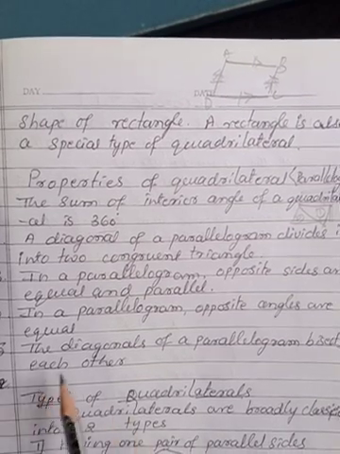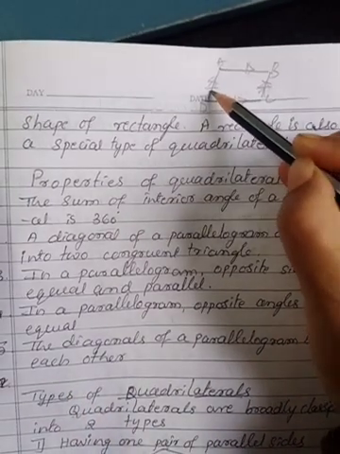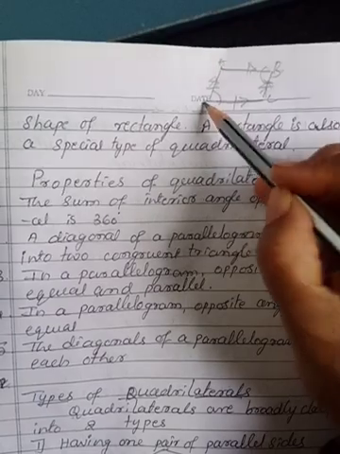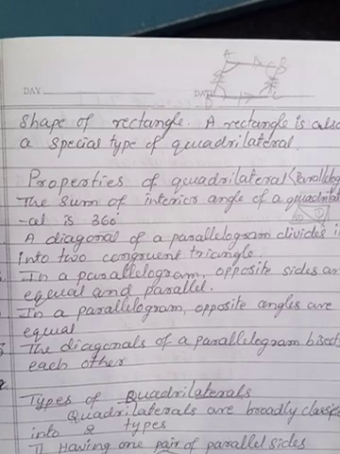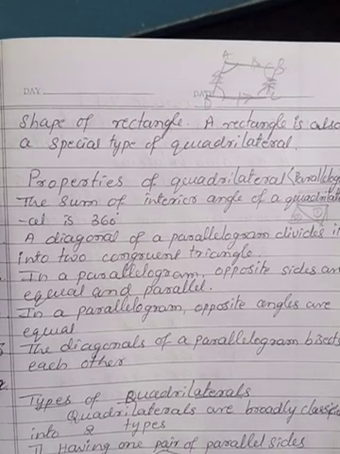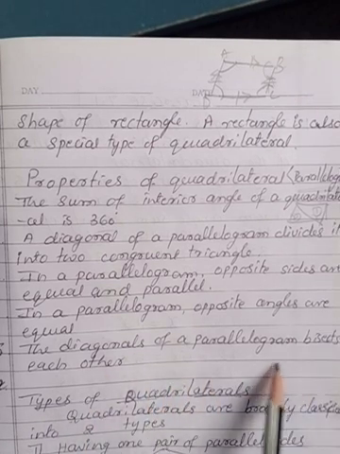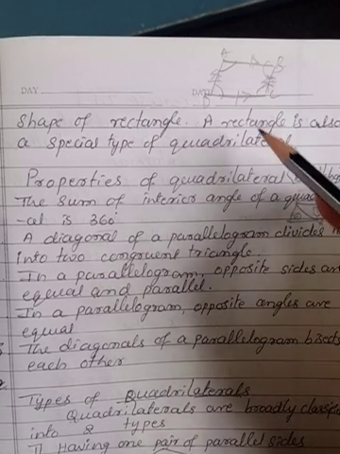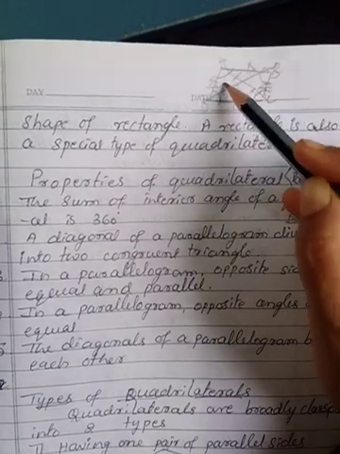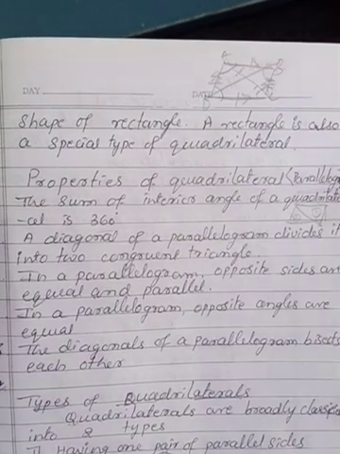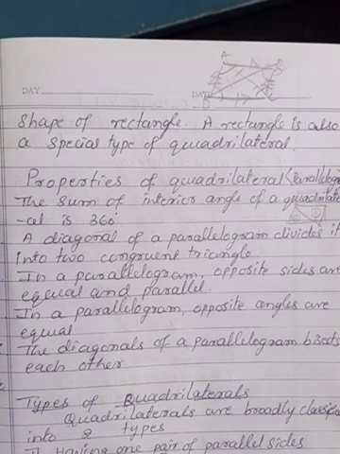Then the next property is, in a parallelogram opposite angles are equal. So angle B will be equal to angle D, angle A will be equal to angle C. Okay, opposite angles are also equal. Then the last, the diagonals of a parallelogram bisect each other. So what do you mean by bisection? If we draw two diagonals, this will be equal to this and this will be equal to this, equally dividing into two equal parts. Both the diagonals will be cut in that manner only.